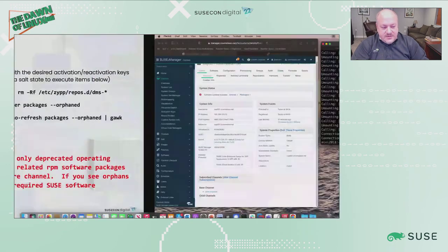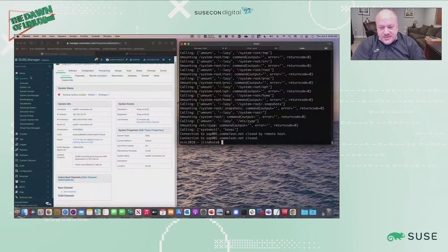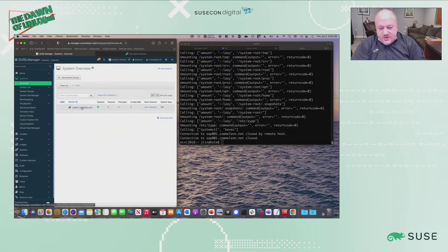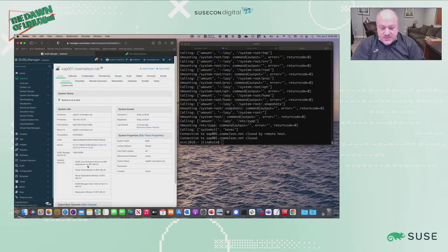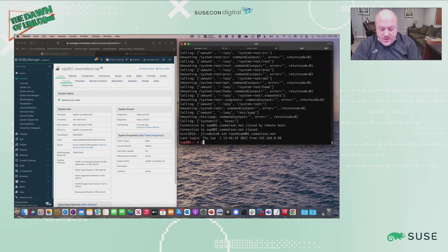Let's go take a last look at the finalization of this process. If we go back to the SUSE Manager system state, you'll see that the system is now reporting as SLES15 SP3. I also have the system logging me out. And if we go back to our terminal and we log in as the root user, and we go to